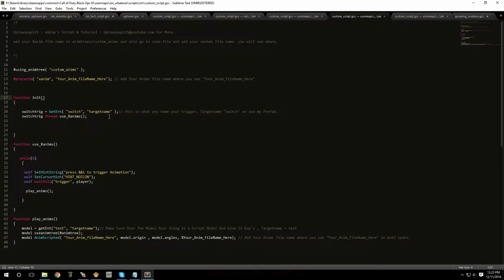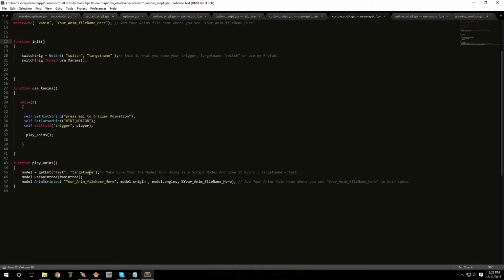This is the information about the trigger. But of course, like I said, I have a prefab for that that's going to take care of that for you. And if you scroll down to the bottom, your model is going to need a target name of test. Now you can change this to whatever you would like it to be. If not, just leave it the way it is and just give your model